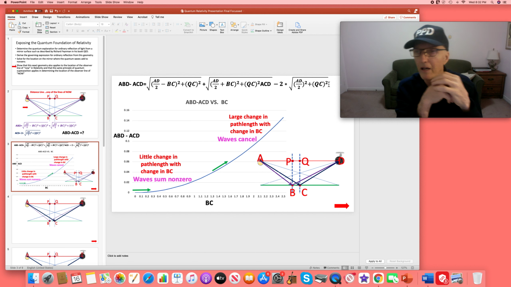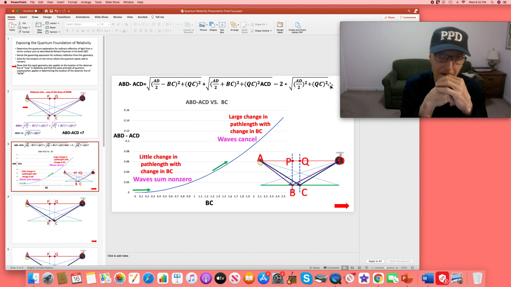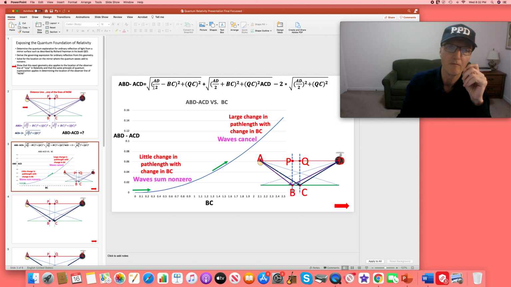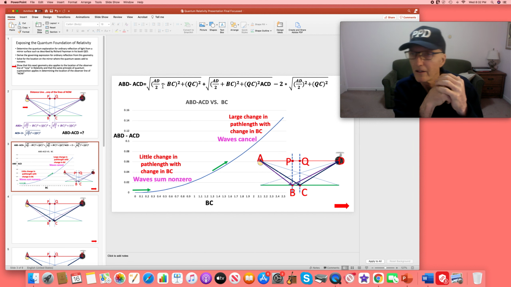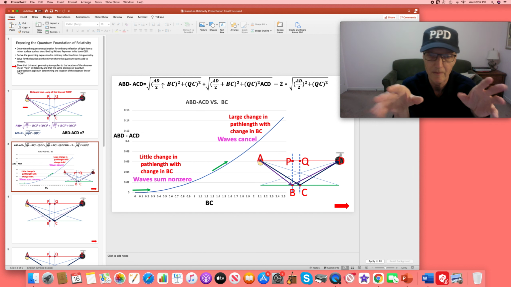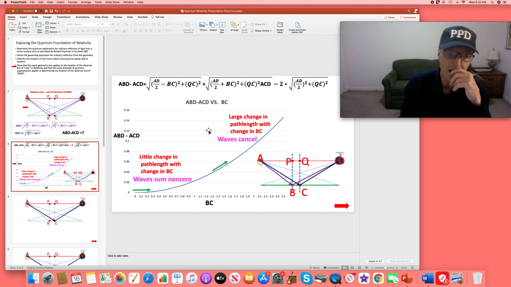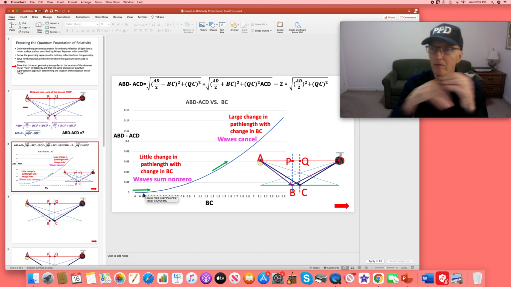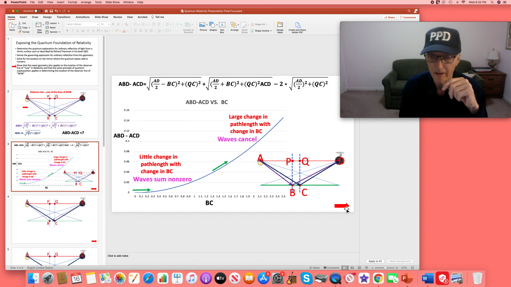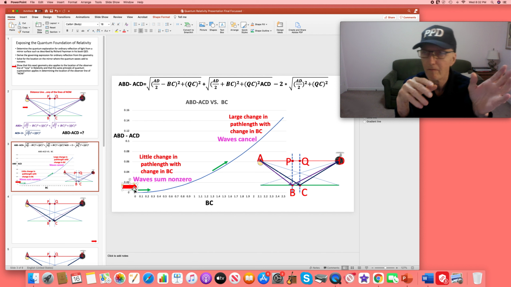Now I could have derived it analytically and spent a lot of time, and if I showed you, that would probably really put you to sleep. But what I did is I just put this in an Excel chart and plotted it. And what I found is that when BC, this distance, the deviation from the center line, when DC got close to 0 here, I will use my red arrow,